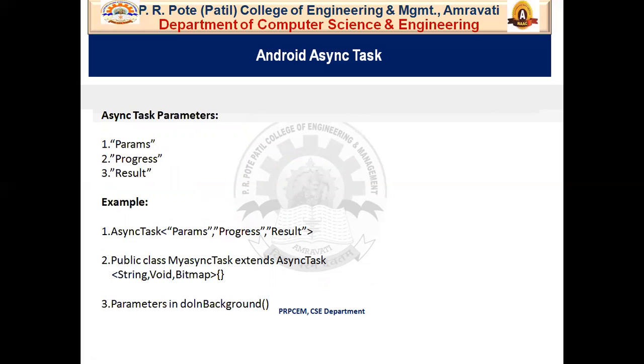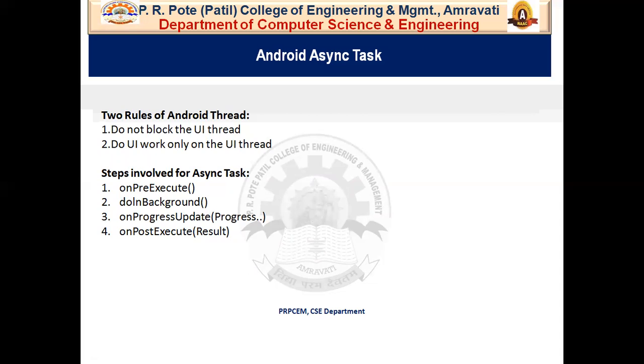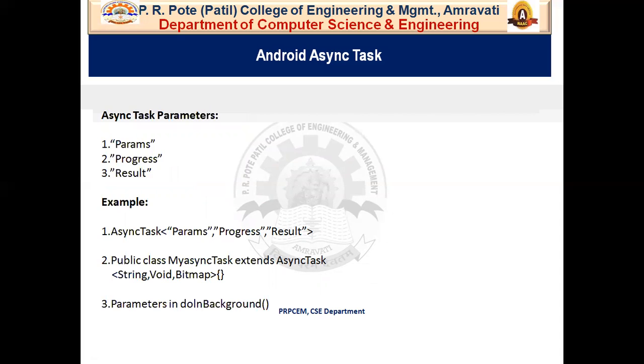After that, Result. Result specifies the type of parameter that doInBackground returns. So whatever is returned by this doInBackground method, Result specifies the type of that result, and this parameter is automatically passed to the onPostExecute method on the main thread.